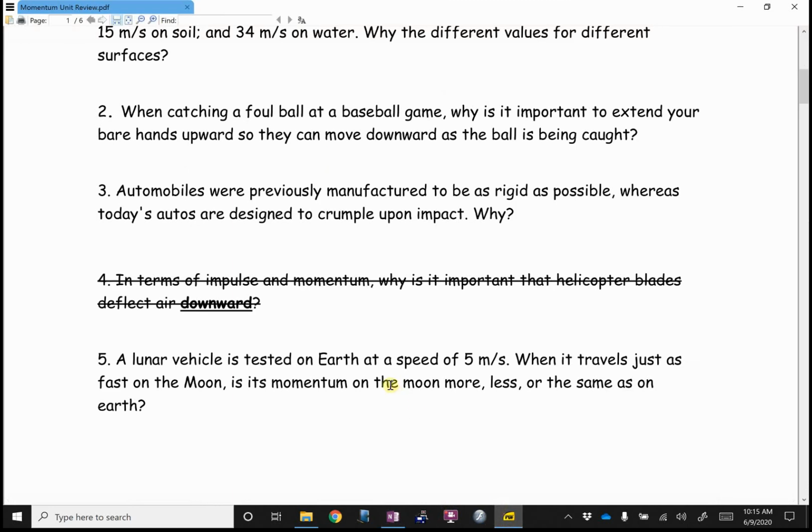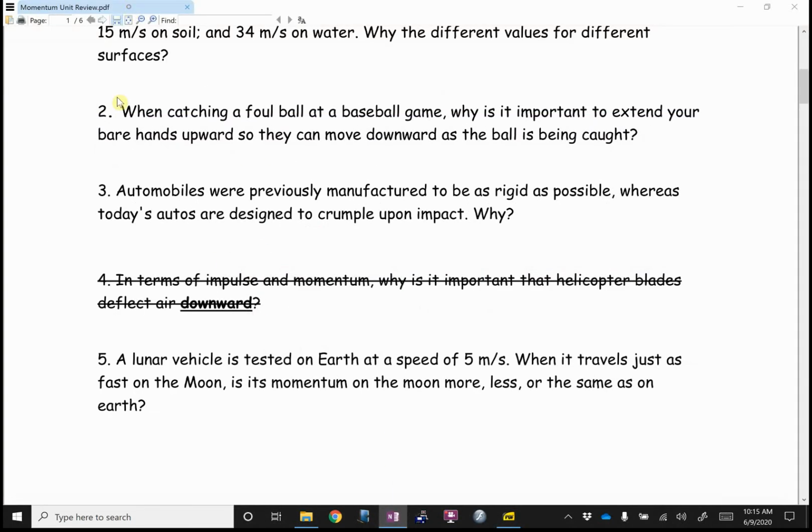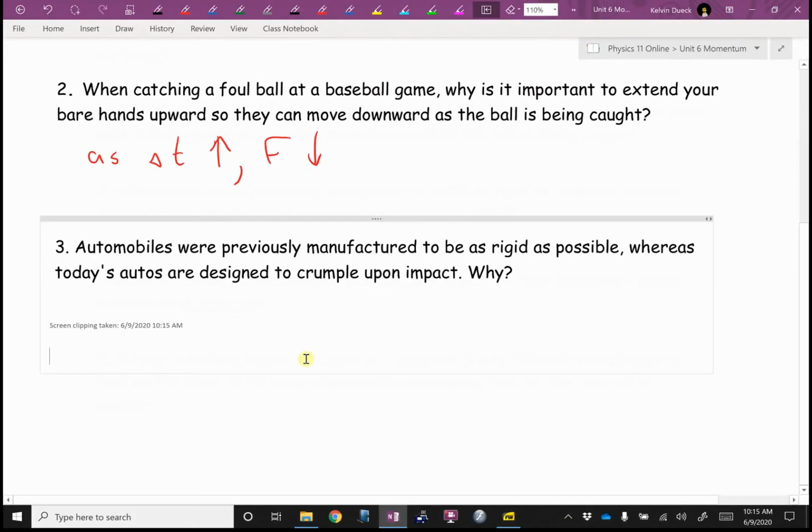Number 3. Automobiles were previously manufactured to be as rigid as possible, where now, today, they're designed to crumple upon impact. Why? Same kind of idea. It's all about increasing the time. Increasing the time